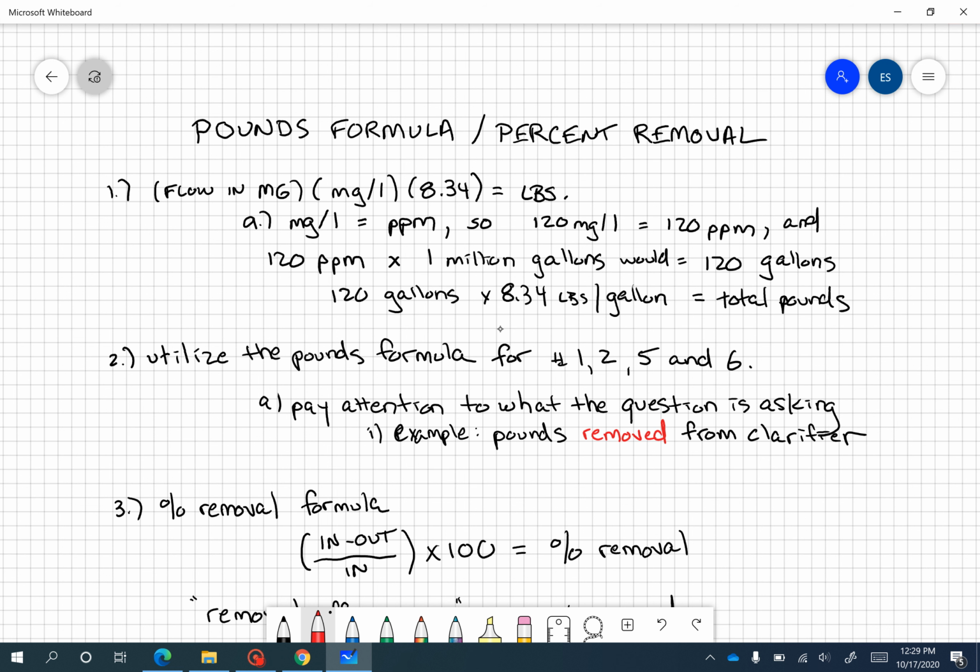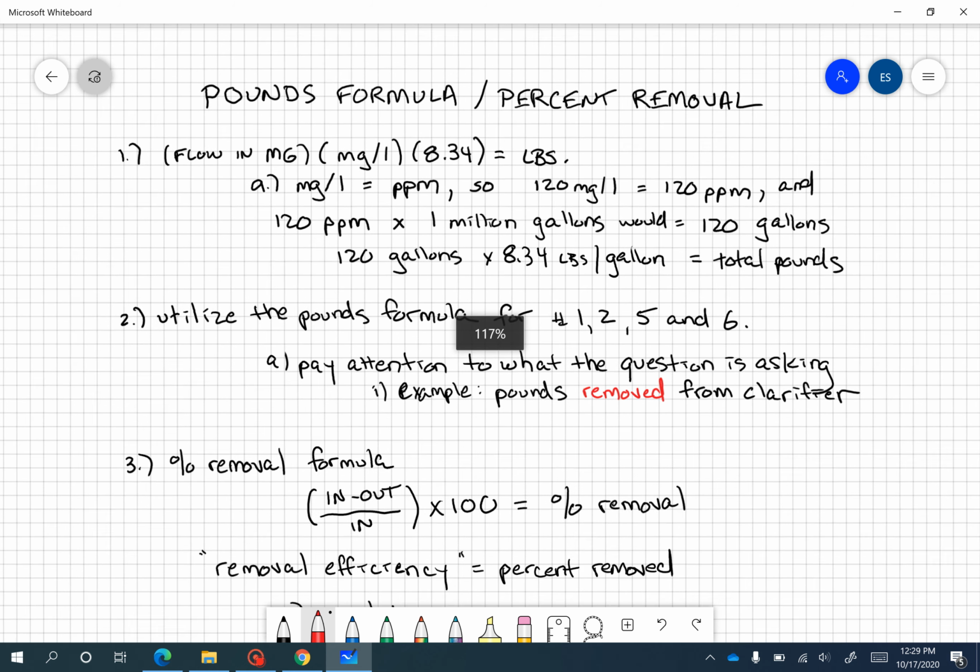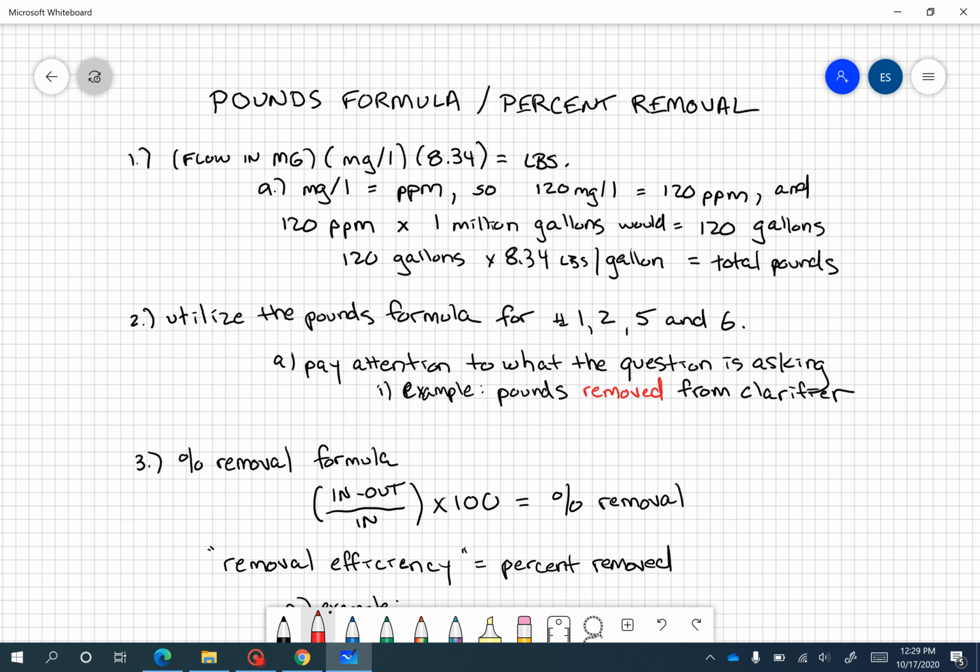But the first thing I wanted to talk about was in class the other night, we had a question about where does this pounds formula come from? And so, in thinking about it just a little bit, this I think is where it comes from. And in the interest of full disclosure, when I learned this formula and when I took this class, the instructor told me, don't worry about where it comes from, just know that it works. But